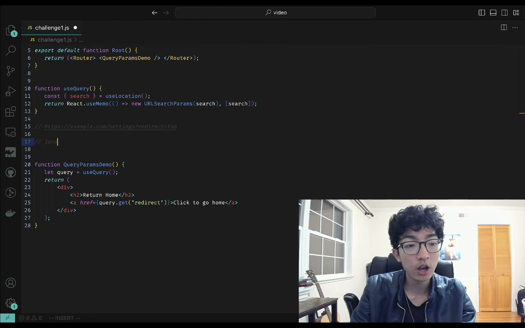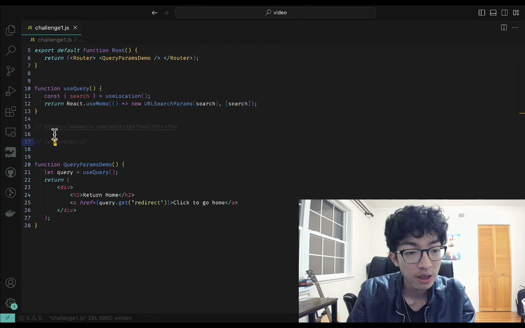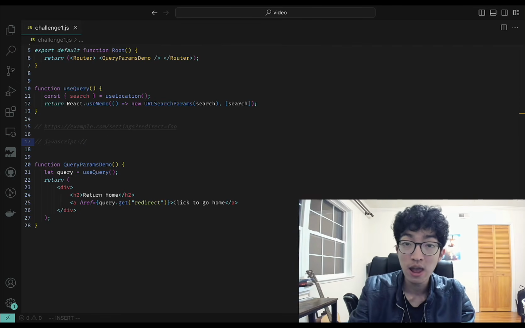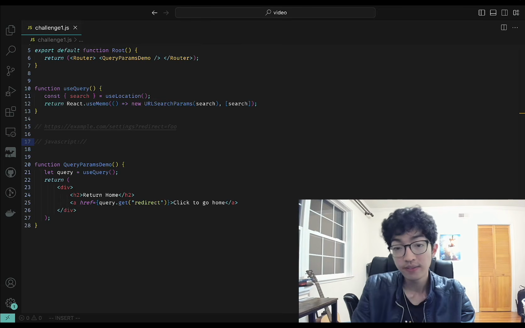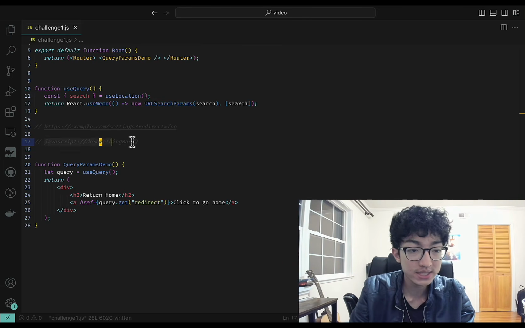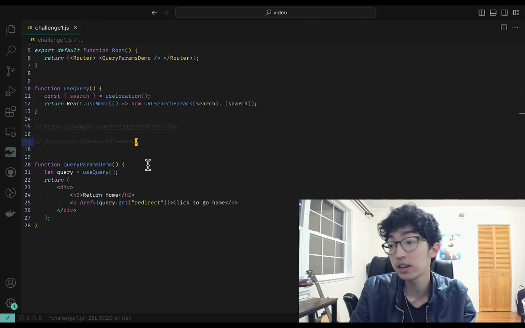In particular, something you need to know about is this JavaScript protocol. The JavaScript protocol means that when you visit a URL that looks like javascript:// everything after the // is interpreted as JavaScript code and executed within your browser. That means that if I were to write doSomethingBad as a function call here, if I visited this URL, it would try to execute this doSomethingBad function, which potentially could be unsafe because it could execute